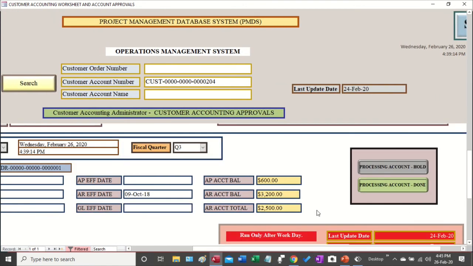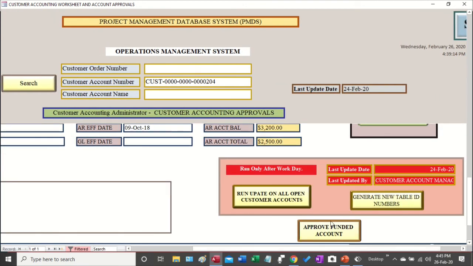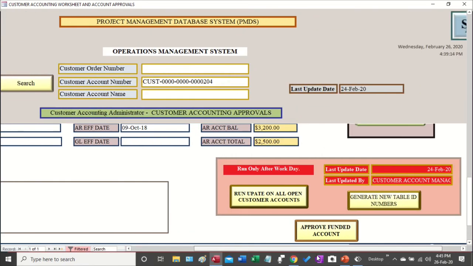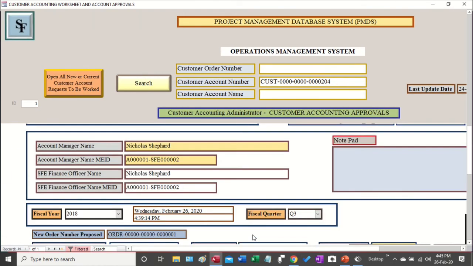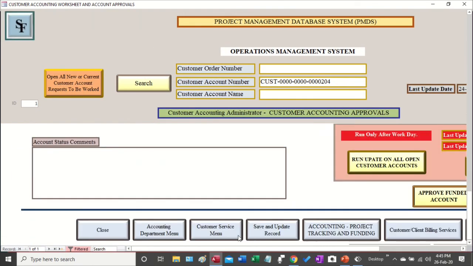All right. So after that, you'll click approve funded account, right? And then once you push approve funded account, that right there will allow this customer to be able to go back into the project manager, be able to go back and say, okay, this account has been approved, and we can start building the account, right? Okay, and at that time, what you would do is you will go back to the customer service